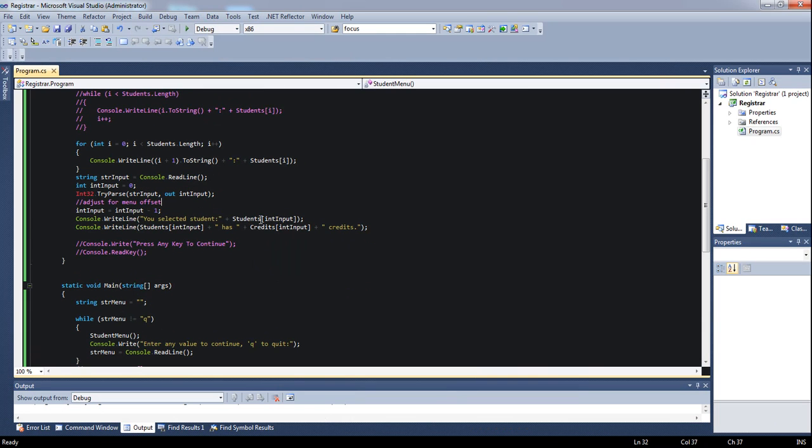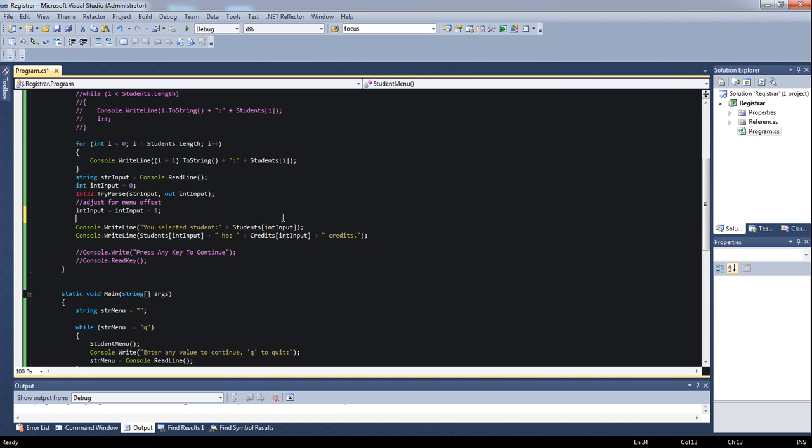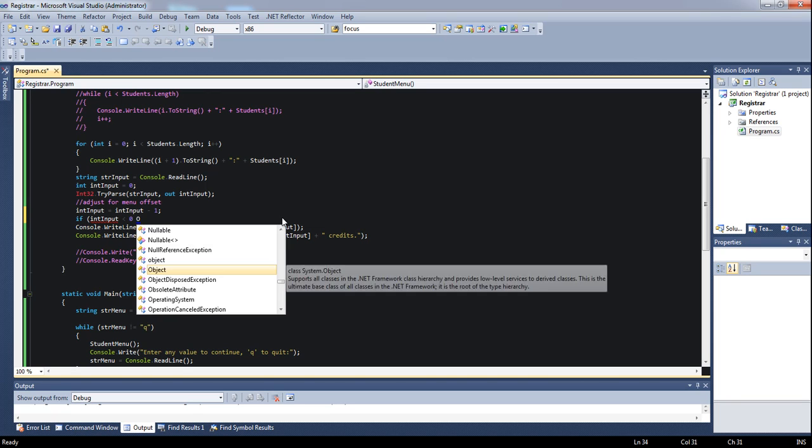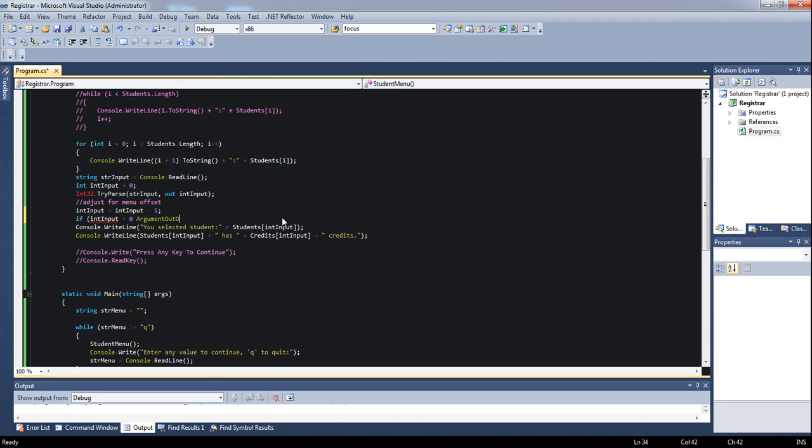So what we should probably do is in here, we'd say if, pulling in some old code here, int input is less than 0 or, oh, wrong language, sorry, or int input is greater than or equal to students.length,